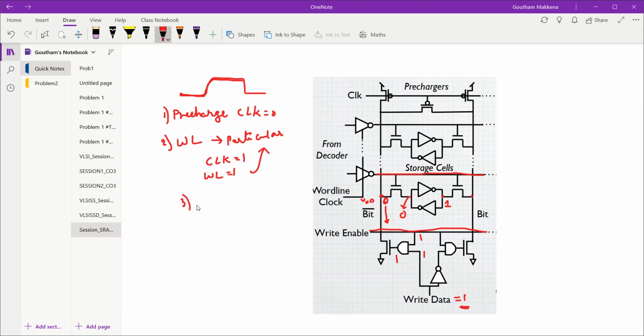Then the CPU immediately issues the write enable signal, and this enables whatever the write data is to be written to the memory element. Let me call it the memory element, ME, in the SRAM cell. So this is the sequence of events that take place during